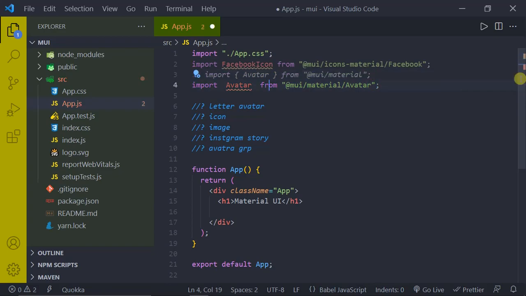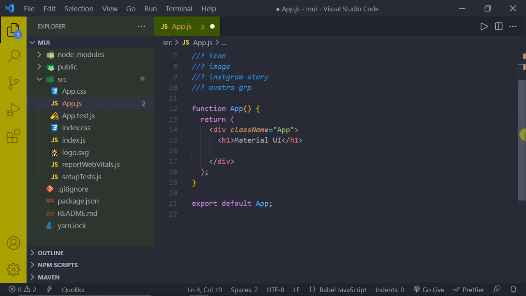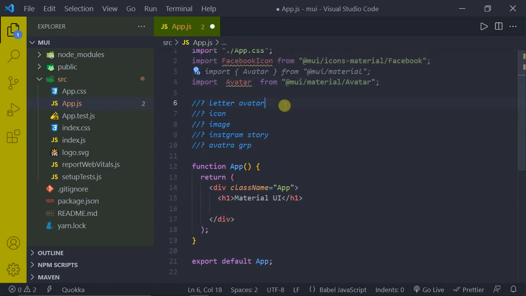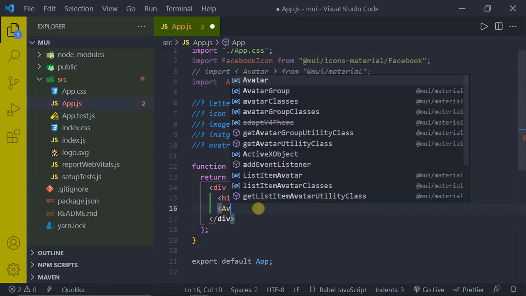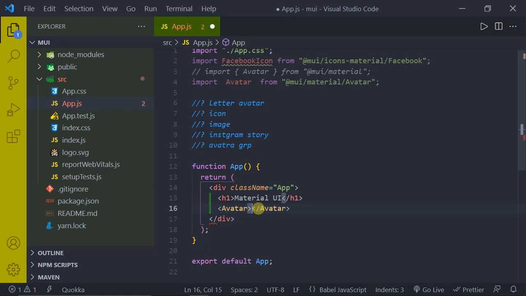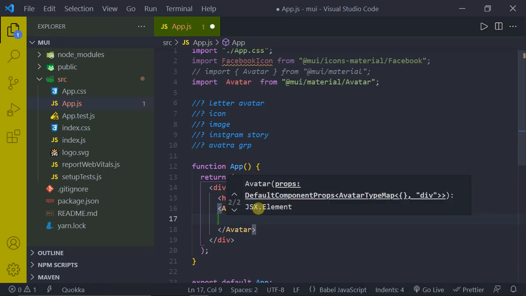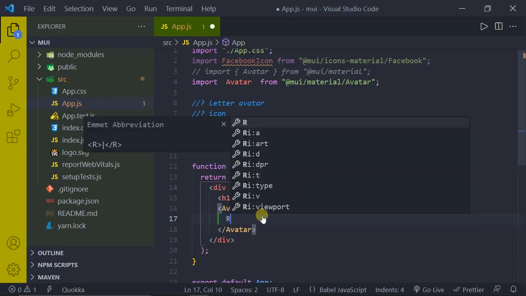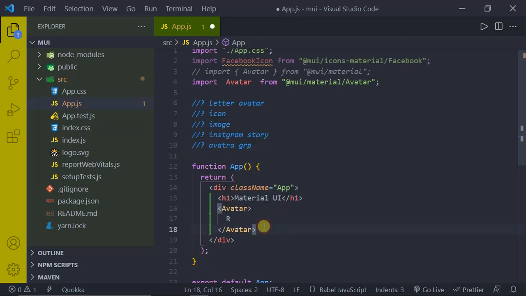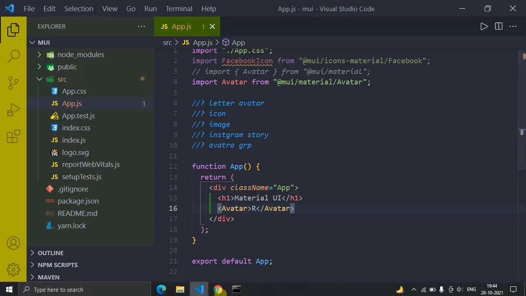Now first we are going to see a letter avatar, right? In order to make a letter avatar, first we have to just type in avatar, and we should not self close it. There should be a closing tag, and then whatever letter you want to show should be written over here. So now let's say we want to show R. Now just press Ctrl S, save.